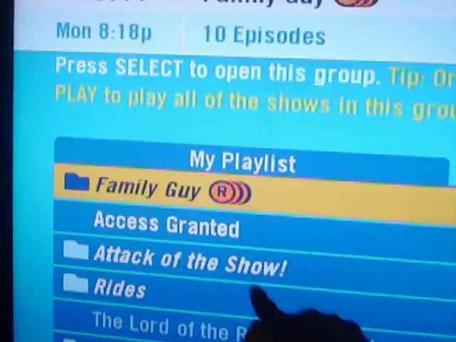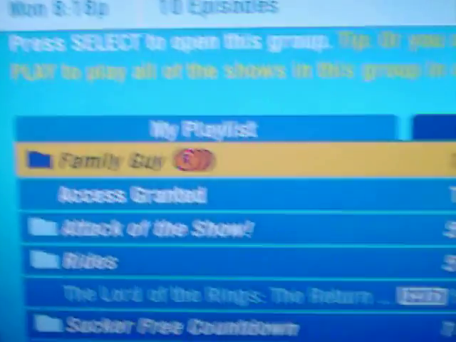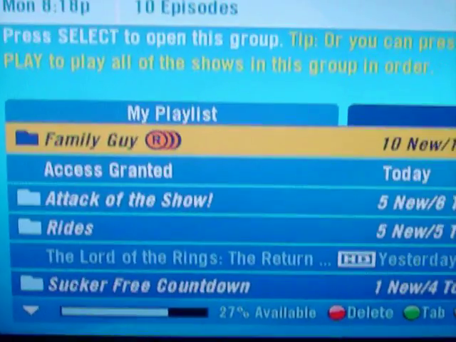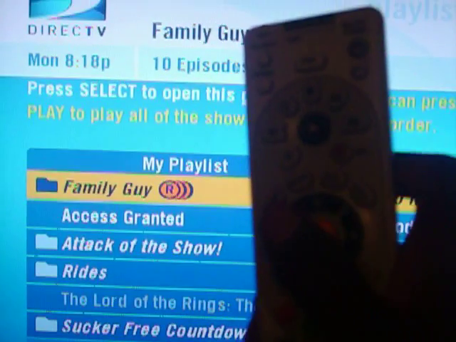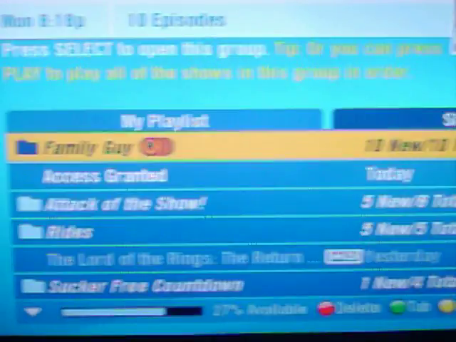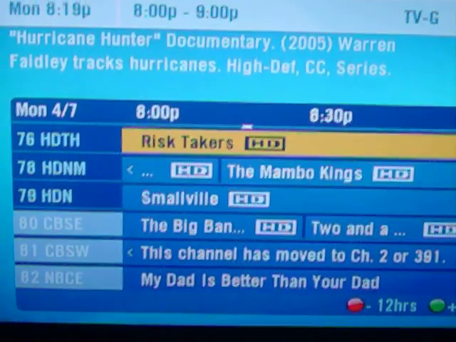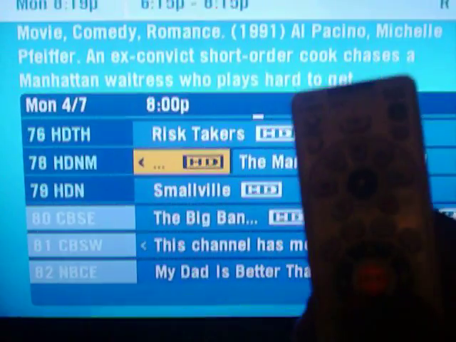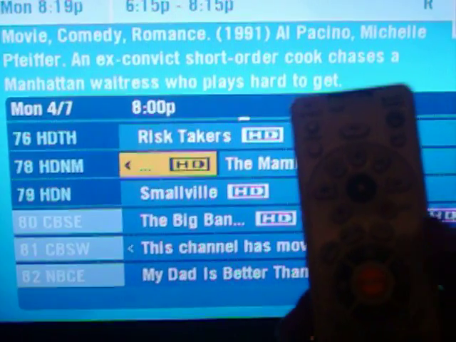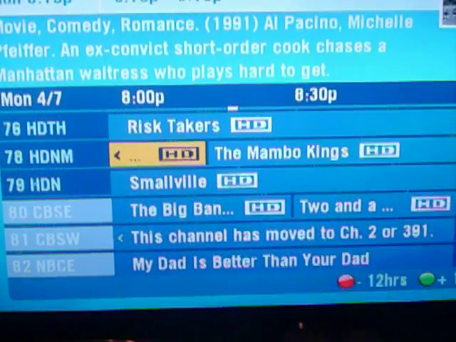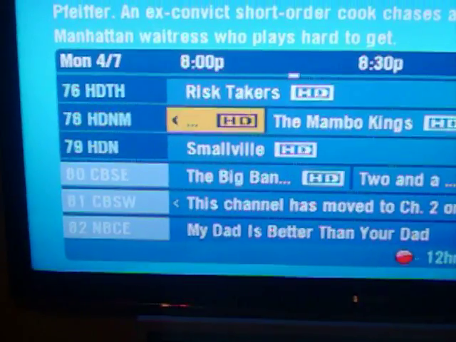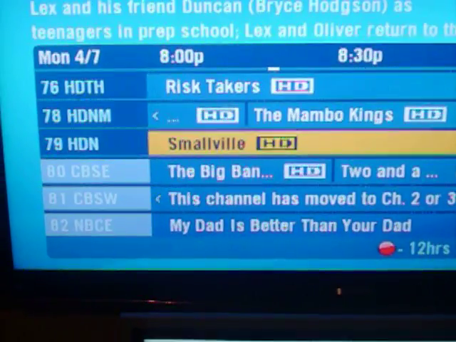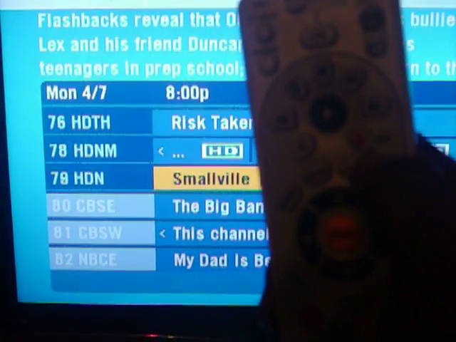The reason why you see this shadow behind it is I have it on the season pass. If you push the guide button here, which is on the left, and it brings up the guide, and you want to select a show to record, just use the scroll bars here, up, down, forward and back. Scroll down to, let's say, Smallville, which is in HD. And if you click the record button, which is here,